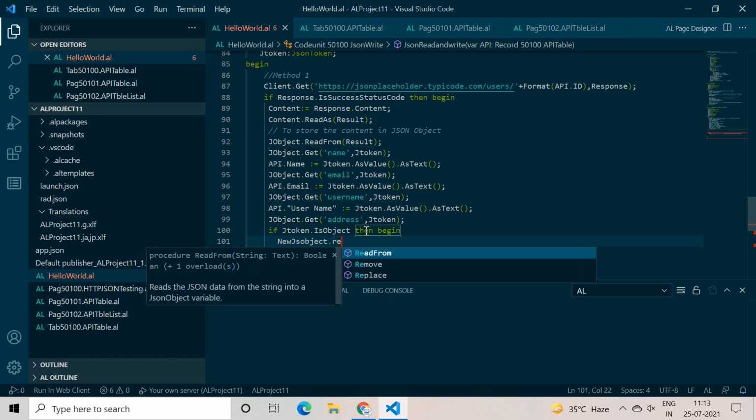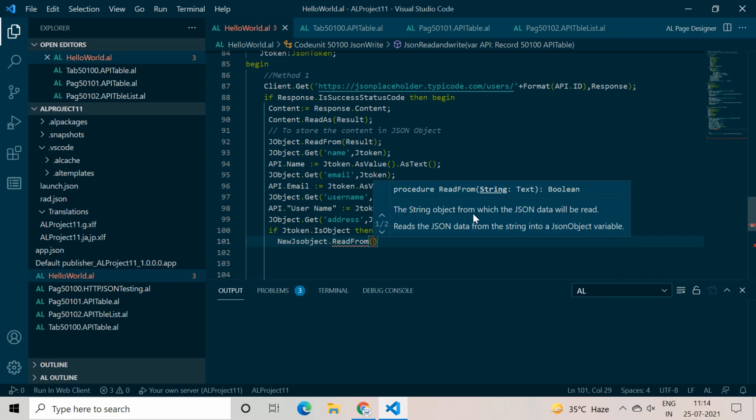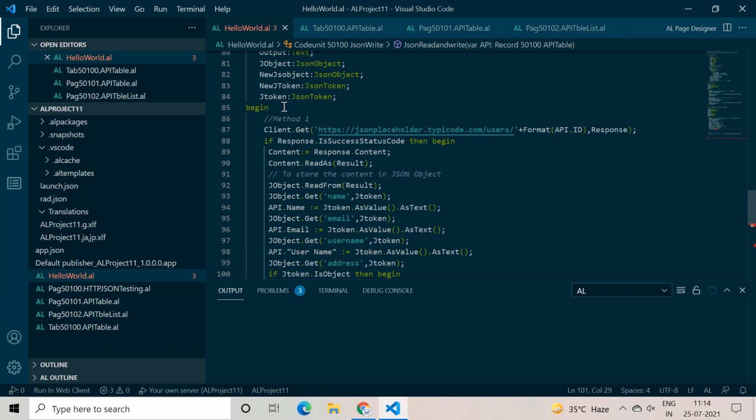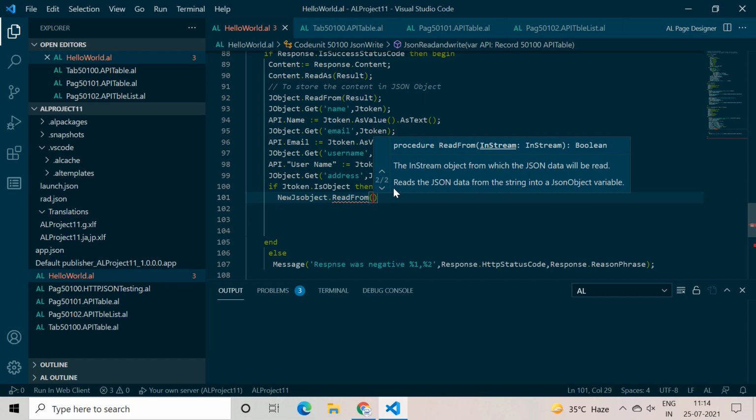When we press Ctrl+Shift+Space, we can check that it takes the parameter either the text or the in stream. We have one text variable already available called output, so we can use that, because result is already reserved with the main JSON object.